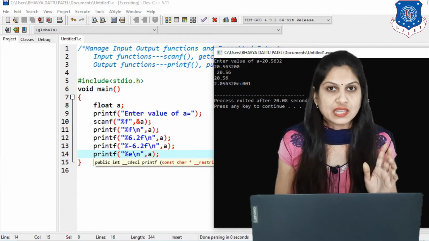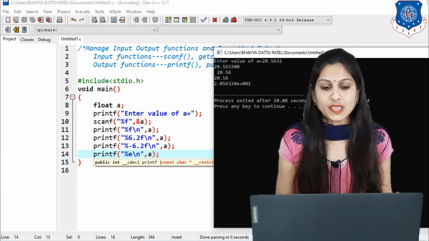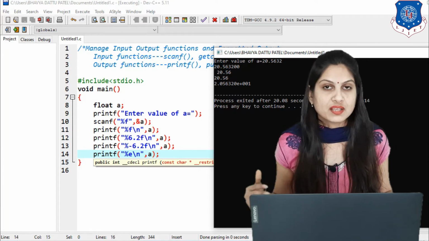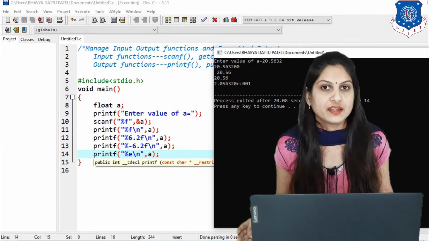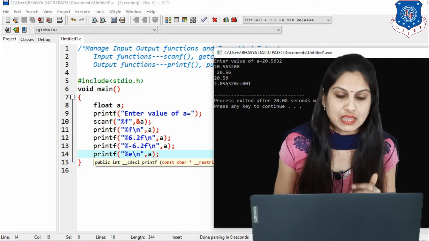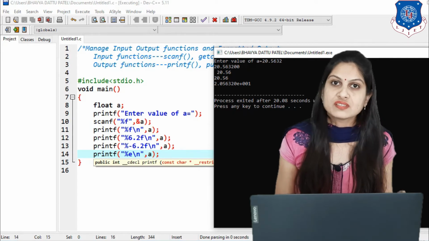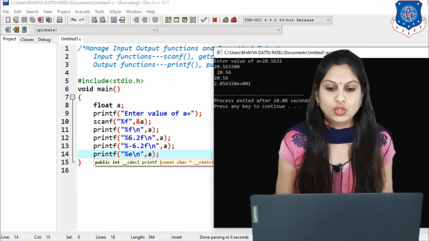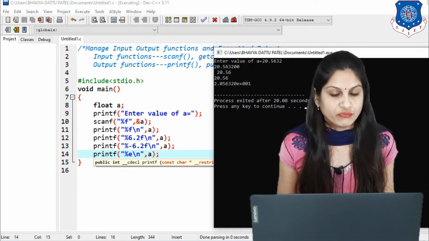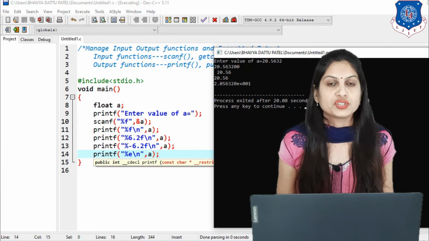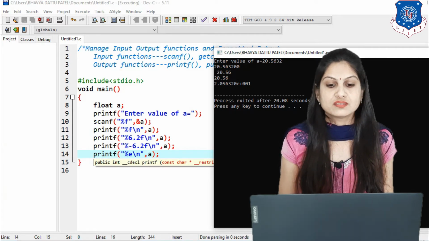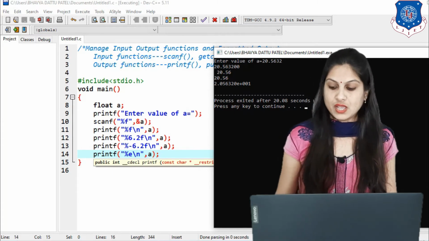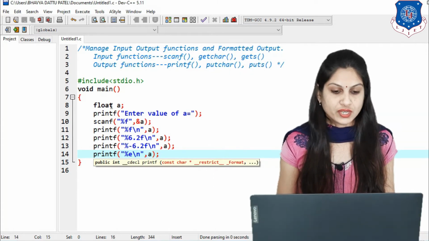Then %-6.2f means we start from the left hand side; plus indicates we start from the right hand side, and minus indicates we start from the left hand side. In that case, the same 6 blocks will be allocated, and after the point it prints only 2 digits. So our output is 20.56, and the last one is the exponential form of that value, that is 2.056320e+001. Clear?